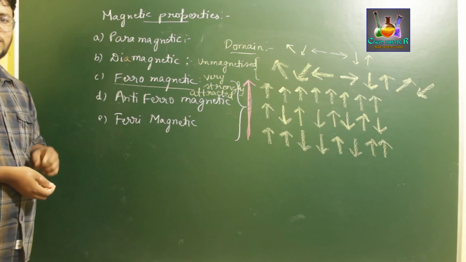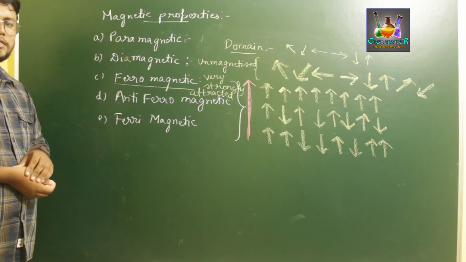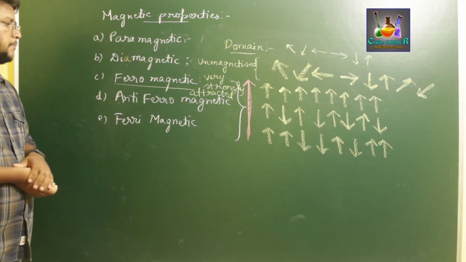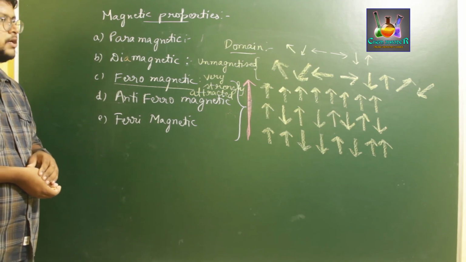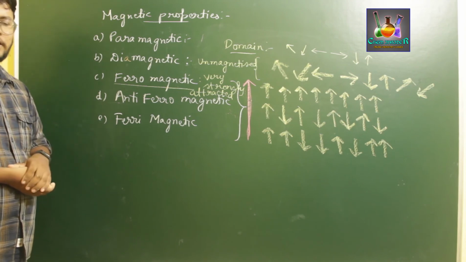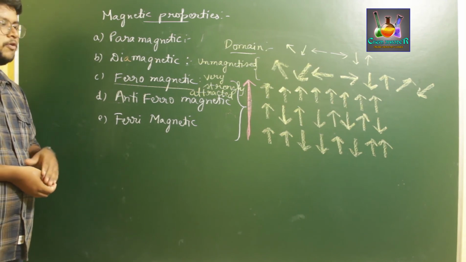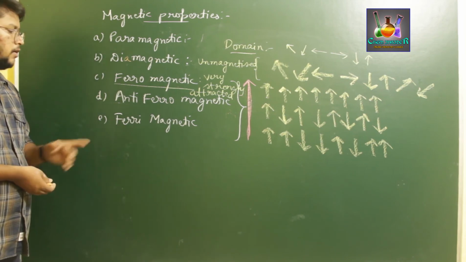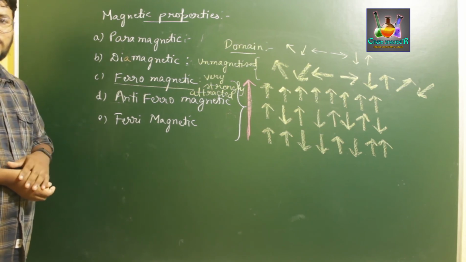Paramagnetic substances have at least one unpaired electron, which is aligned in the direction of the magnetic field. Diamagnetic substances have no unpaired electrons, and are aligned opposite to the direction of the applied magnetic field. Ferromagnetic substances have groups of electrons called domains, and these domains arrange themselves parallel to the applied magnetic field. Antiferromagnetic substances have domains arranged in equal numbers of parallel and anti-parallel with respect to the applied magnetic field, whereas ferrimagnetic has parallel and unparallel domains but in a different, unequal order.